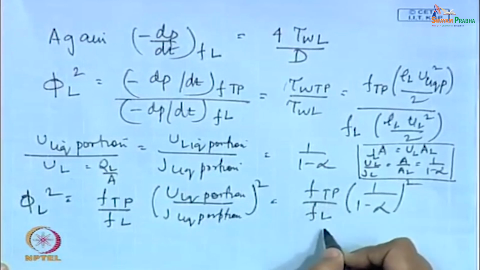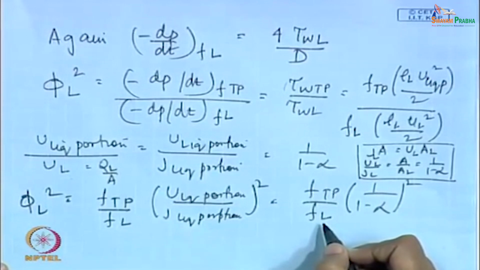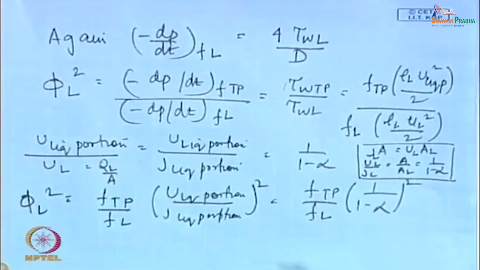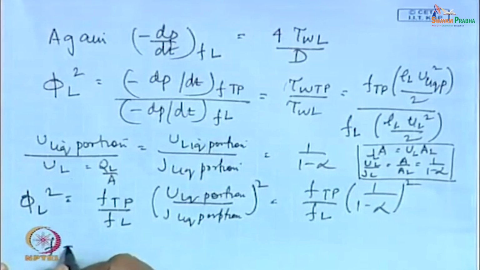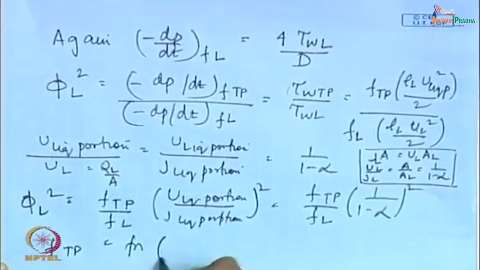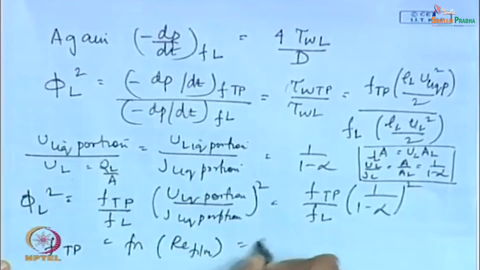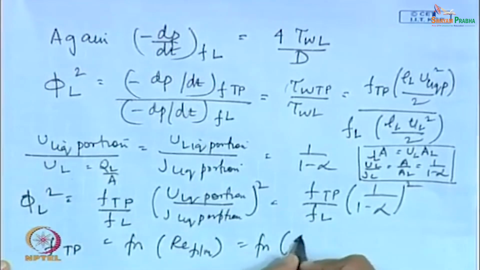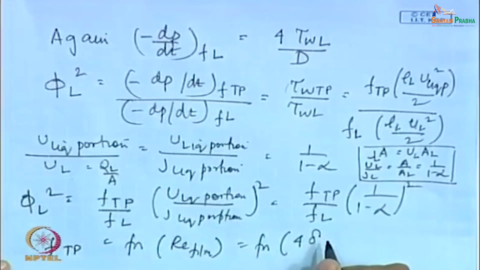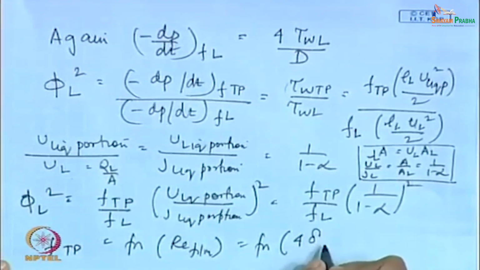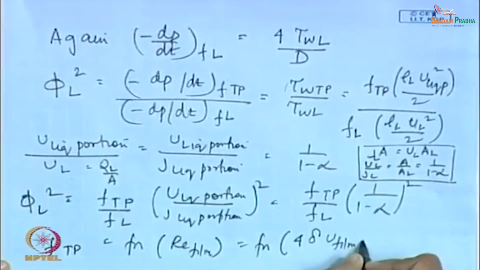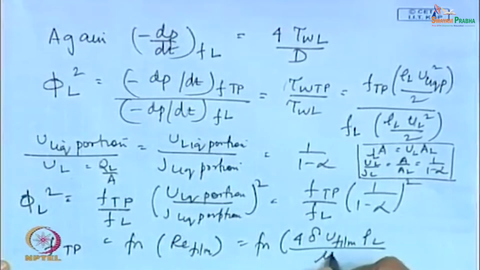What is the difference between Reynolds number when liquid flows as a film and when liquid flows in the whole pipe? Basically, the velocities will be different, the hydraulic diameters are going to be different. Agreed? So, therefore, this FTP is a function of your film Reynolds number. And what is this film Reynolds number? Just see, it is 4 delta, which is nothing but dL, U film